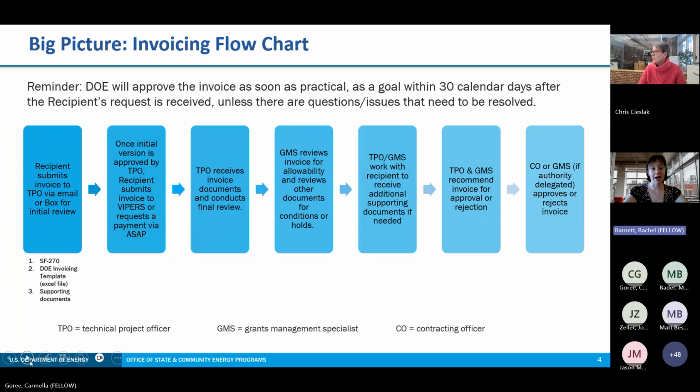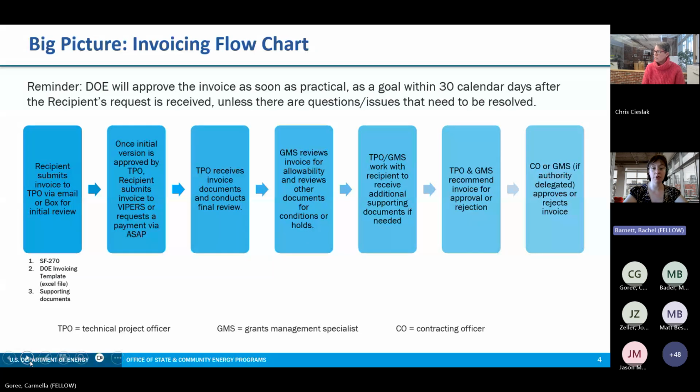Once the TPO has the GMS's authorization, the TPO will follow up with the recipient and provide authorization for the recipient to submit their invoice documents into Vipers, which is DOE's vendor invoicing portal and electronic reporting system. To create a Vipers account, you will need your organization's EIN number and your award number, which is located in box 1 of your assistance agreement.